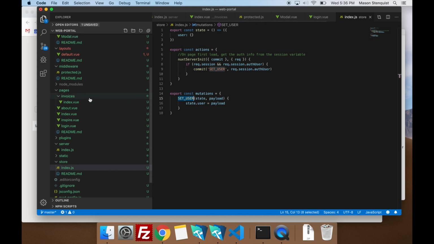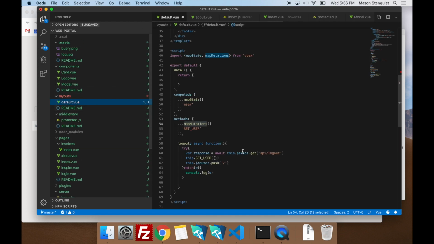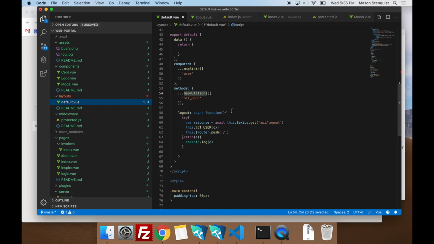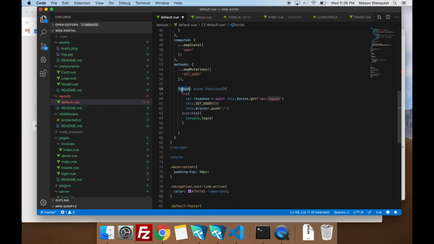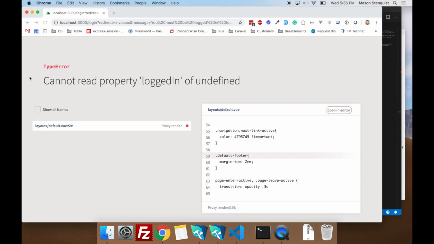So go back to this. All right, so when you log out, it's just going to run that command, set the user to nothing, and then redirect you to the home page. So nothing too fancy.